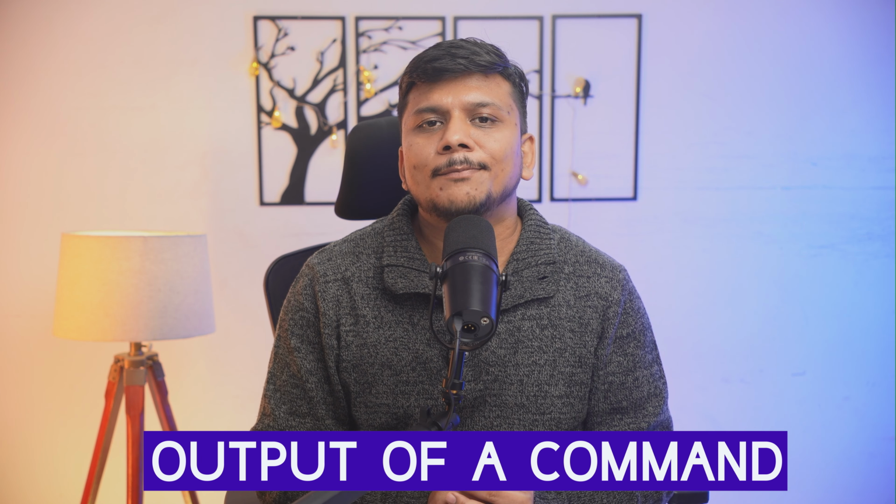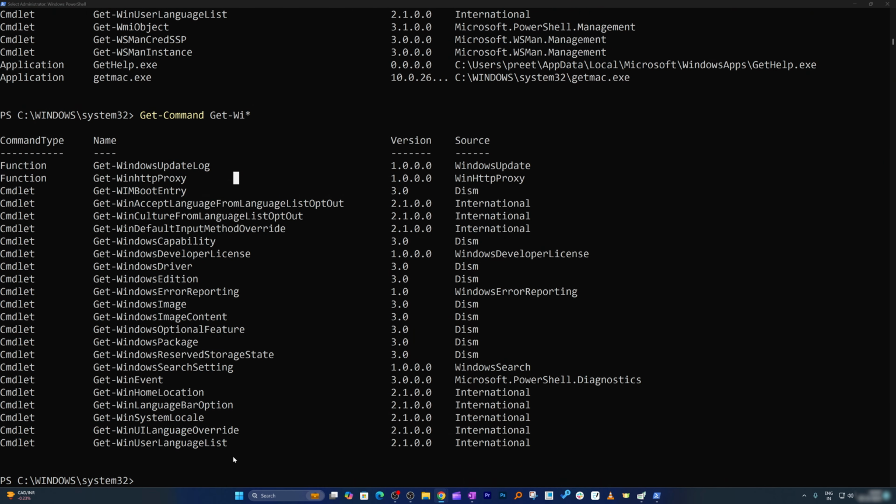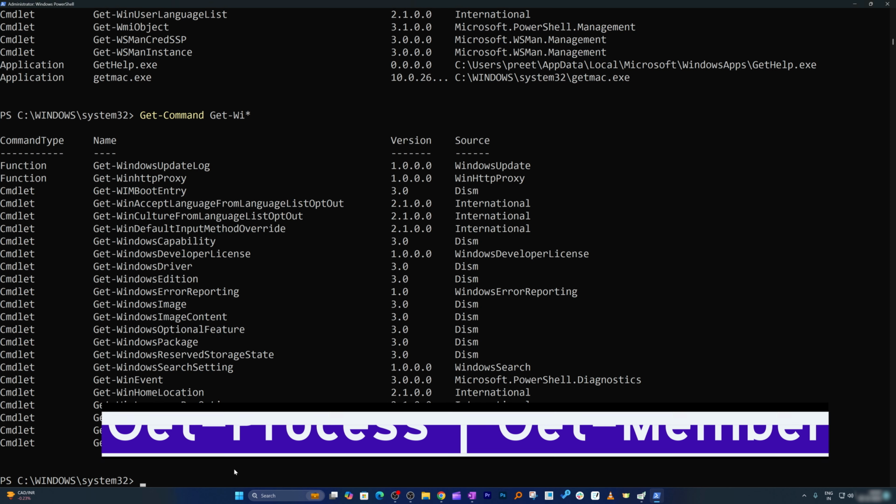Now let's talk about another command here, which is get member. Get member helps you to understand what you can do with the output of a command. For example, get hyphen process, which again, you know, the first command that we have used. And then we're gonna put the or symbol, or I'm gonna say vertical bar symbol, that I'm gonna show you right away. And then we need to type get hyphen member, and let me actually show you what does that mean. So here I'm gonna put, as I was mentioning, get process,